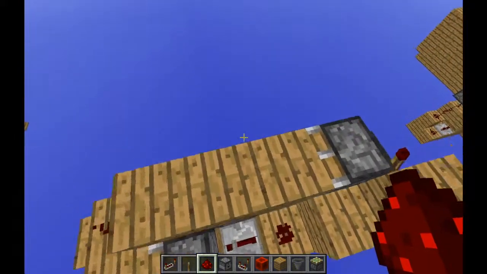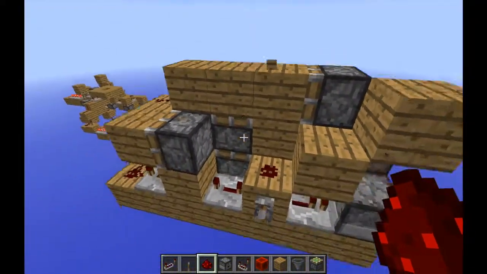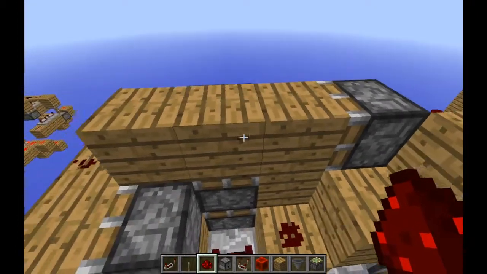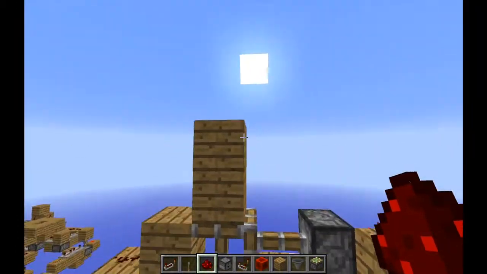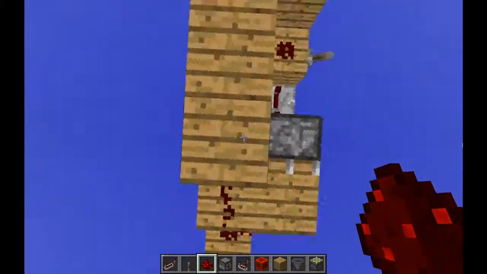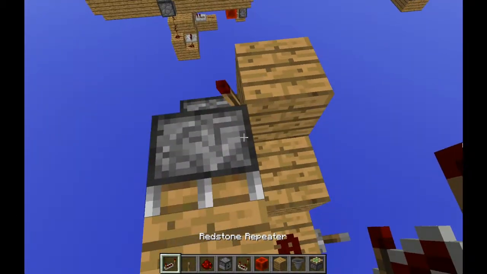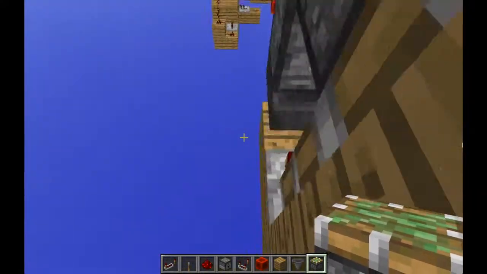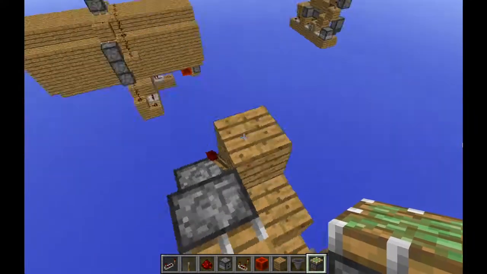Now you should see that the sticky piston double piston extender has worked perfectly. It's even more challenging if you do it with 2 blocks, because if you see here, 2 blocks have to extend and retract. That's the hard part, but except for that, that is pretty simple. Now after that, you just go on top of your base, put some sticky pistons facing to the middle on